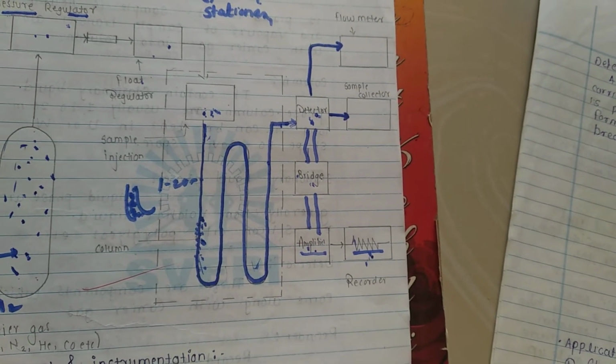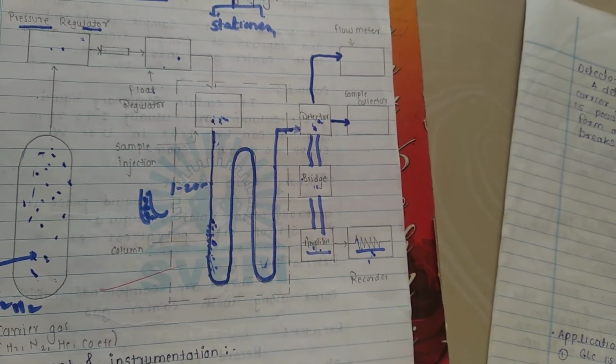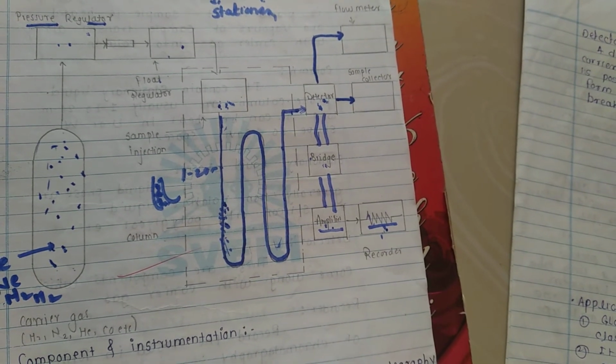Means it is used in the petroleum industry. Petroleum industry means a separation of the minerals. Separation of minerals means to separate petrol, diesel, kerosene, etc. Then the third application, this method is used in the food industry. It is employed to account for color and flavor of the food. Means this method is used to check whether a sufficient amount of the color or flavor of that chemical or food material is present or not.